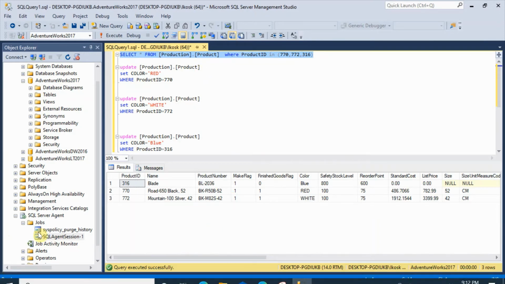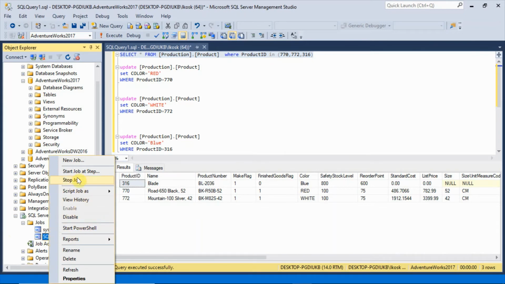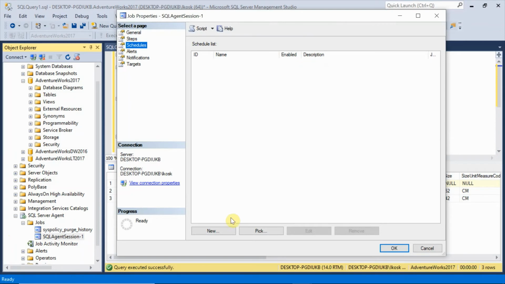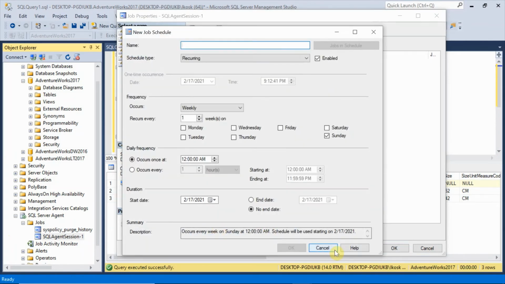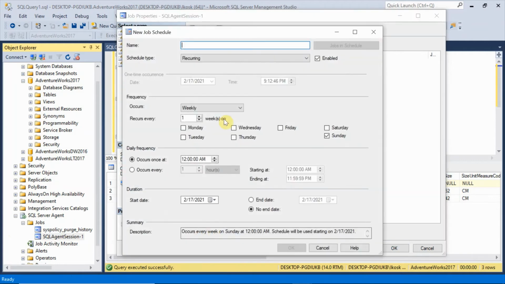Let's go to that job again, and now I will schedule this one. I will go to the properties again. I will schedule this job. So for scheduling, go to the left side, schedule, click on new. You can name the schedule.